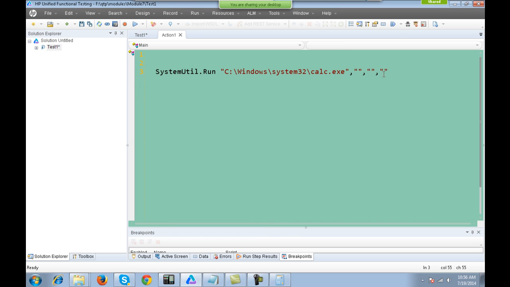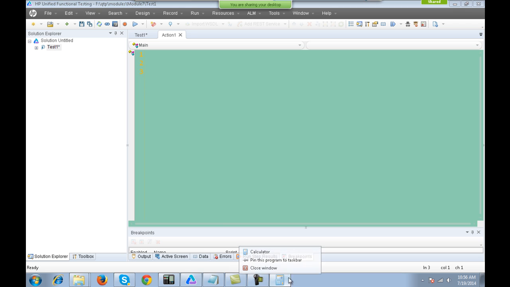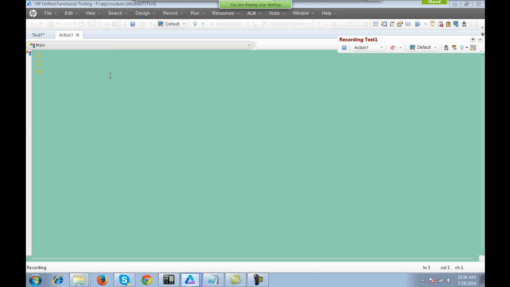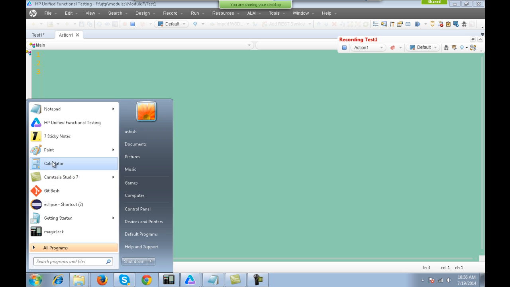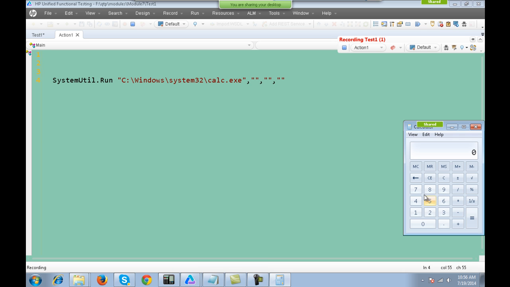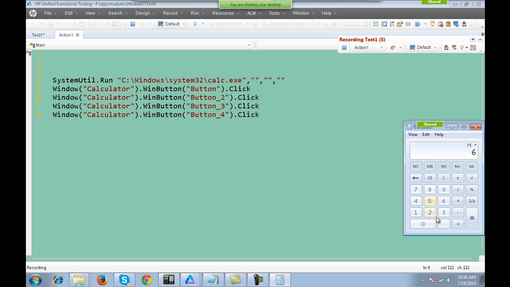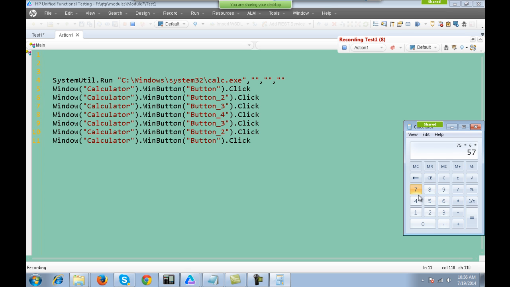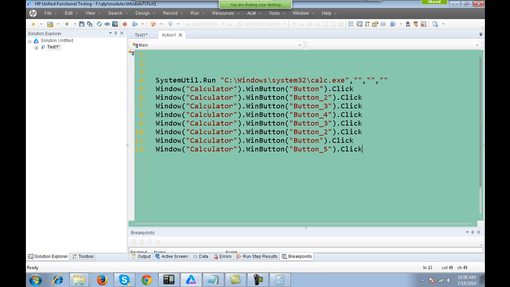So if I select this one, and after this, if I just go into the recording mode, hold on, and if I open my Windows based calculator, and if I click somewhere, see, it's recording, right? Okay, see, it's recording, and if I stop this, I can stop this from here. Okay, so it's quite simple. The code is also easy to understand.